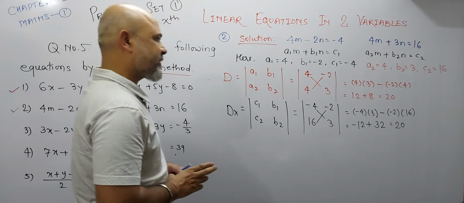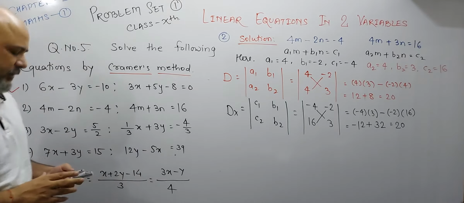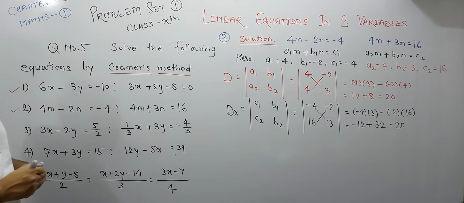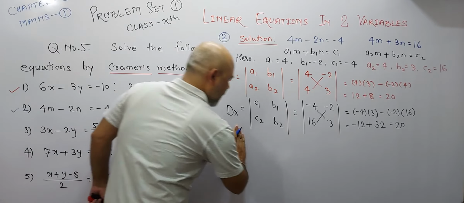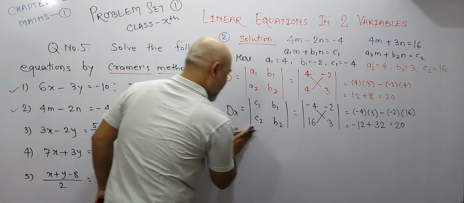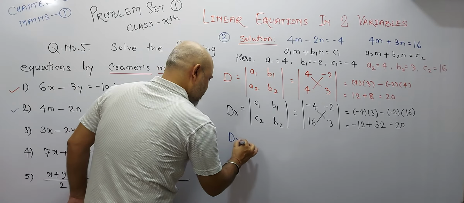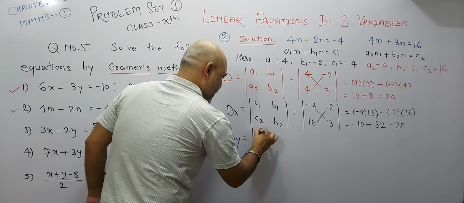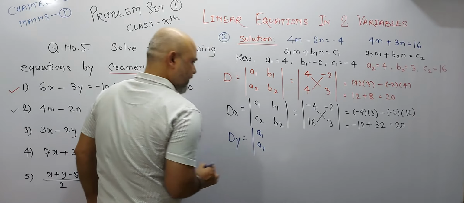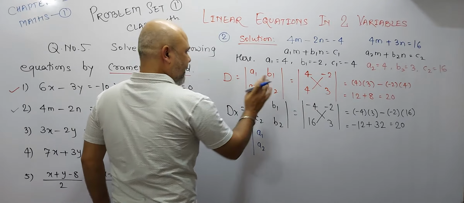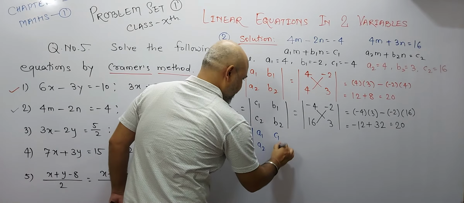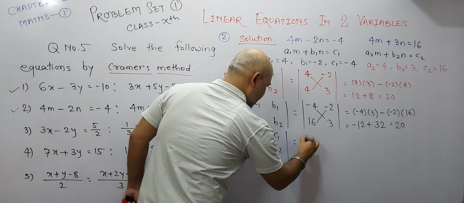So the value of dx is again 20. Now we'll find the value of dy. So dy is equal to what? a1 and a2 will be as they are. You will replace b1 and b2 by c1 and c2, and you will get